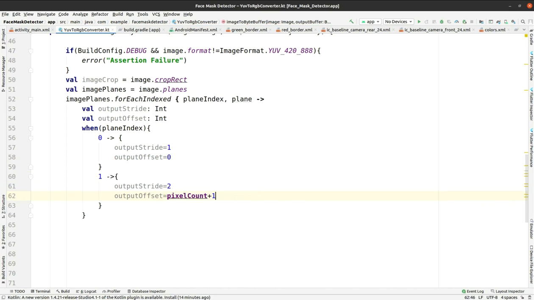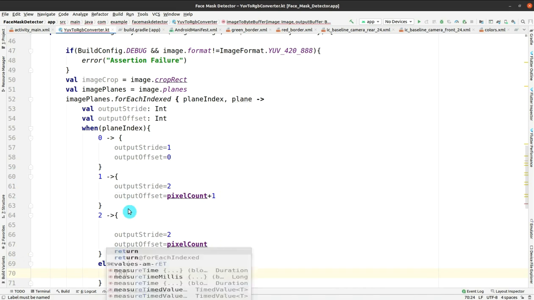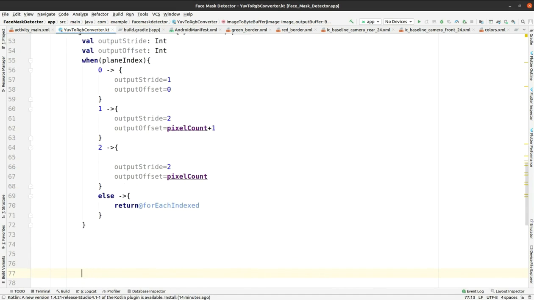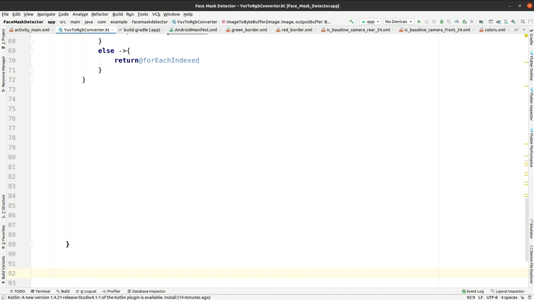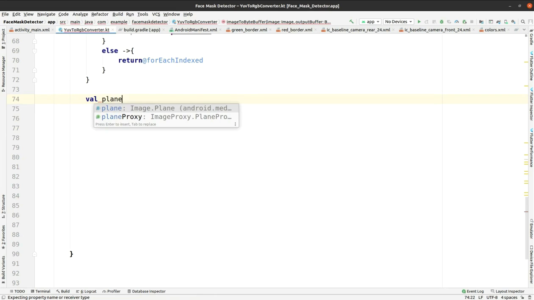As for the NV21 format, u is in odd number indices, that's why +1, and then for NV21, v is in even number indices, that's why only pixel count, and again we have to give the else, that is, if the image contains more than 3 planes, then something strange is going on, so just return at for each index. Okay, afterwards we have to divide the width and height by 2 if it's not the y plane, so we will be doing it here only, and it is like val plane crop equals to if, and then